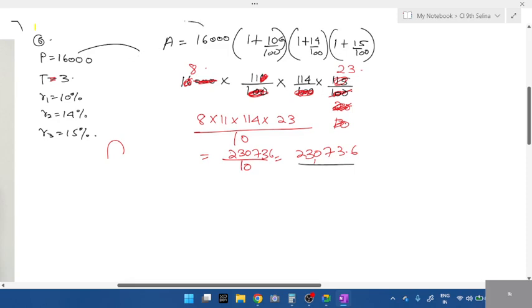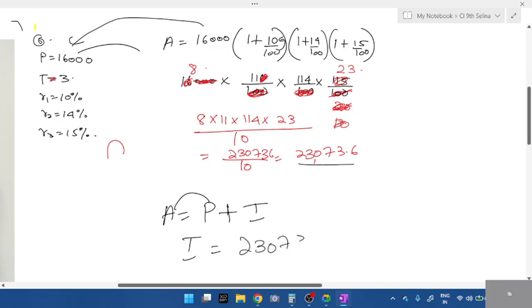Whenever amount is given and principal is given, which formula do we use? Amount is equal to principal plus interest, right? What is interest? Principal goes to the other side. Amount minus principal. 23073.6 minus what? What is interest? Sorry, what is principal? What is principal? Principal is,